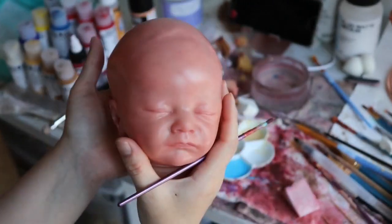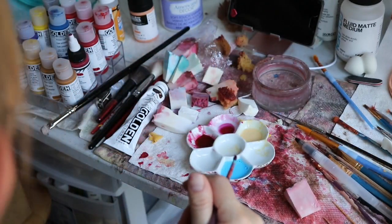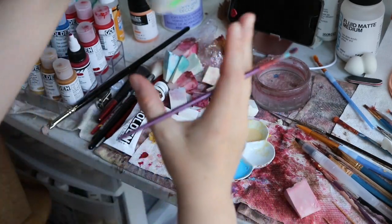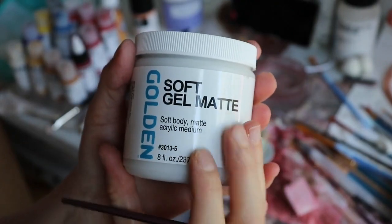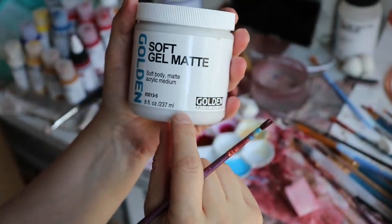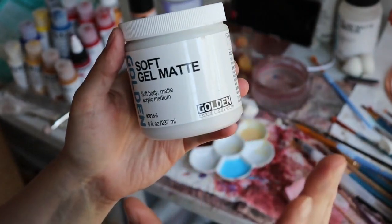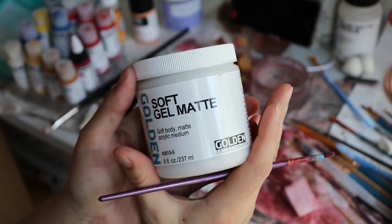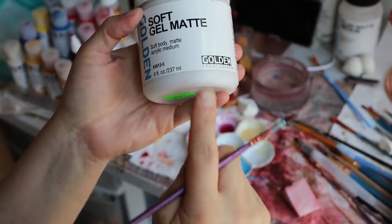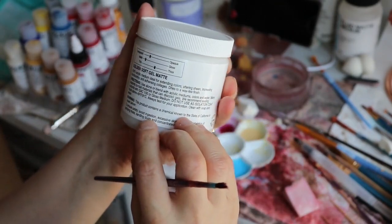And I use, let me grab it really quick. So this is what I use for the skin texture, and I've tried it. This works really well. This is the soft body. There's a hard, and then there's a heavy, I think, or a heavy and an extra heavy. I haven't tried those. I got this one, and the only